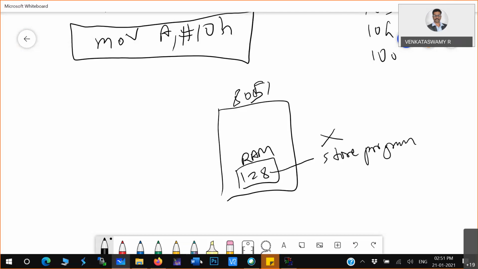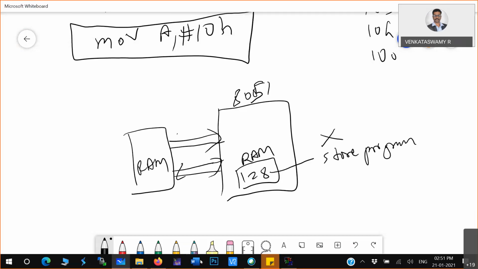Normally people will write a big program, and it is difficult to store that program inside this 128 bytes of memory. So that's why they will connect the external RAM, and they will place that program here.